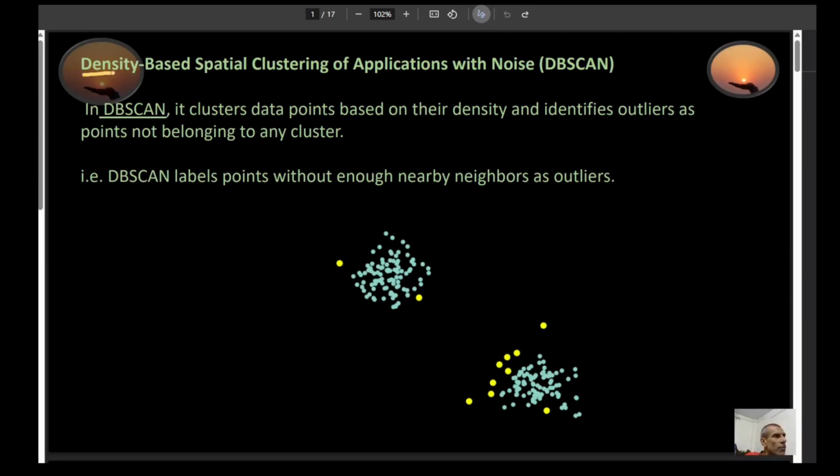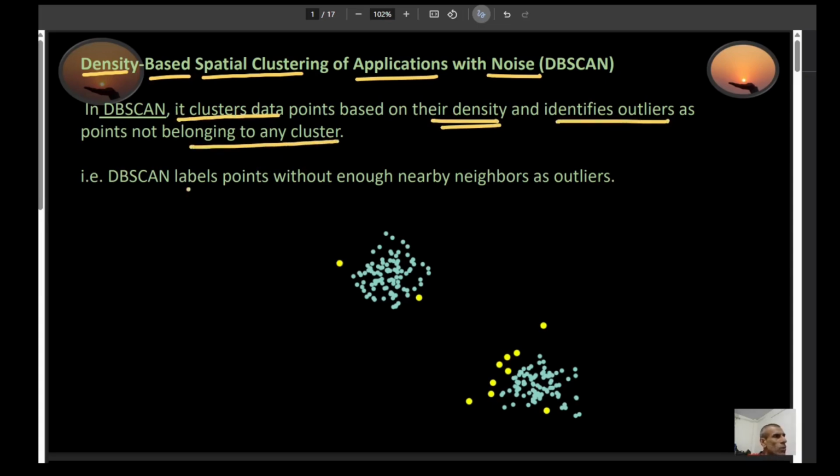DBSCAN stands for Density Based Spatial Clustering of Applications with Noise. Oh my god, that's a mouthful. In DBSCAN, you cluster data points based on their density, and it identifies outliers as points that do not belong to any clusters. In other words, DBSCAN labels points that do not have enough nearby points or neighbors as